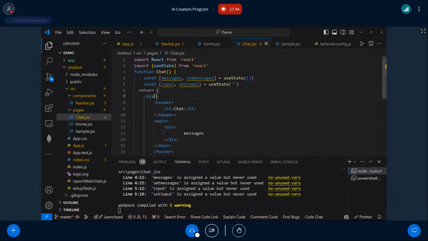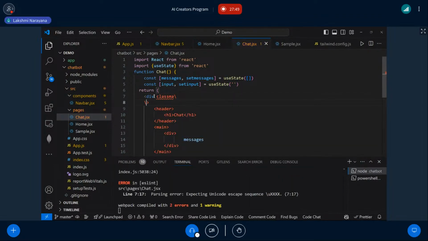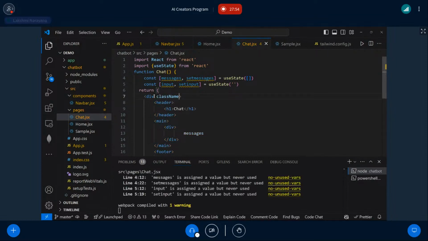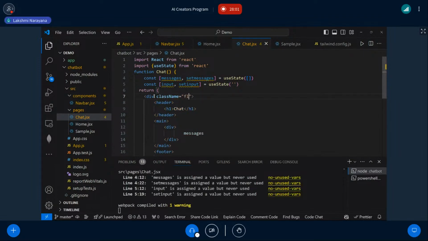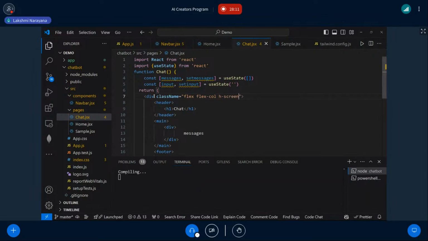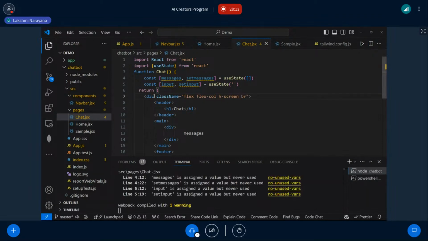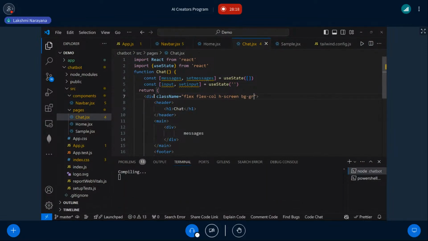We write some Tailwind CSS, and then this class name should be, sorry, className. Then again, what does Tailwind CSS do? It short forms the main CSS. This is a flex box, and this is a flex column. The height should be the height of the screen, and then let us add some background color to it. Let us say bg-gray-100,